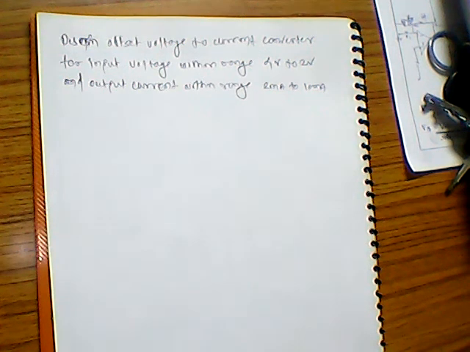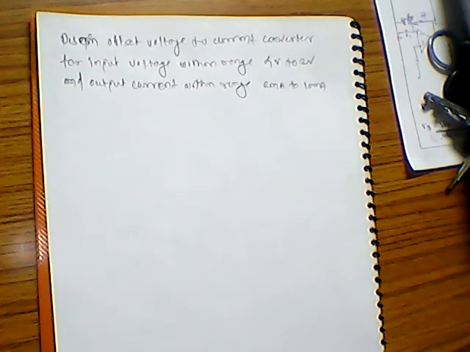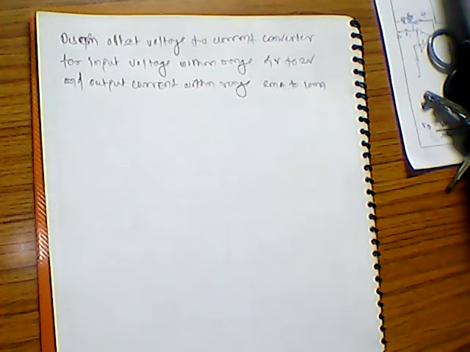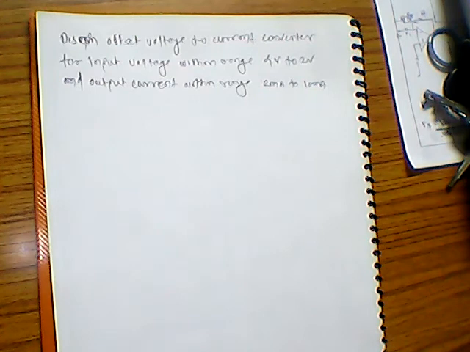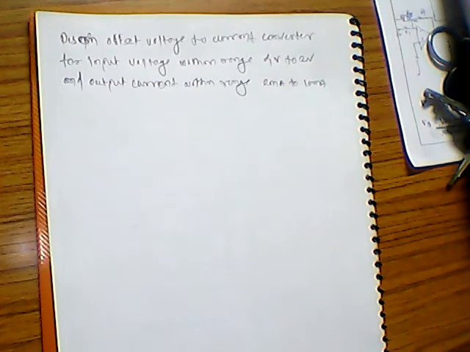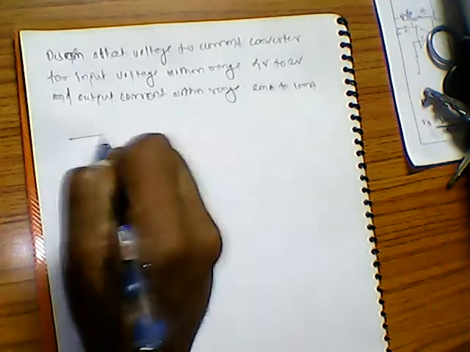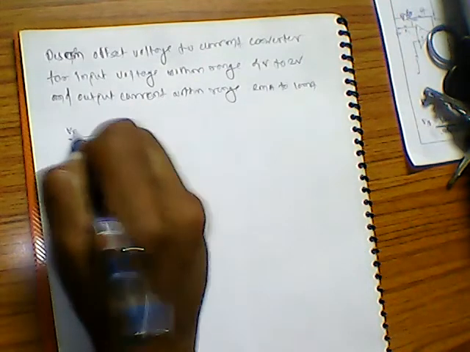So let us start with one more problem, which will be using an offset voltage to current converter, where the input voltage range is within 4 volt to 2 volt, and the expected output current is within the range of 2 milliamps to 10 milliamps. Means what is being expected, this side we have input as the voltage